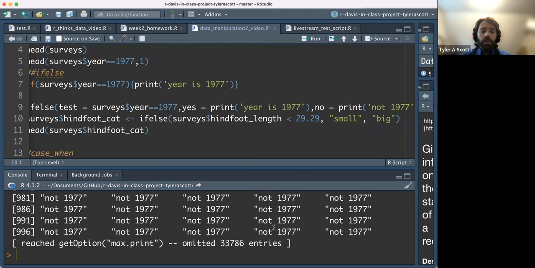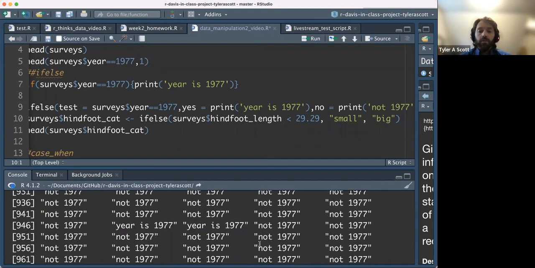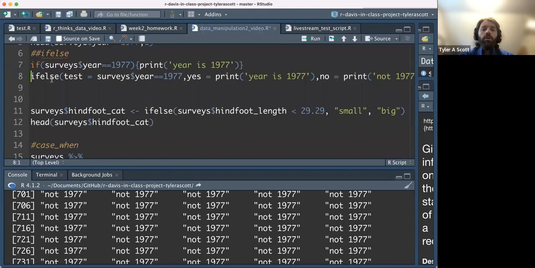Let's run that. Okay, so you can see here, you can read off in your console, we have a lot of not 1977s because most of the years aren't. We have a few cases where the year is 1977. Again, this is obviously kind of a silly example. What I want to show you next